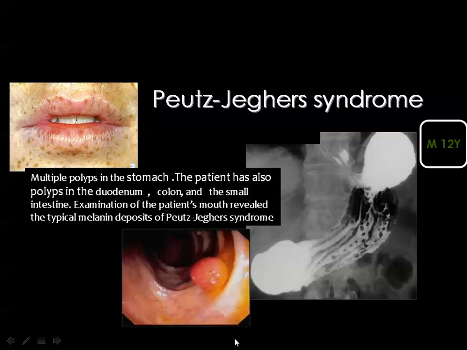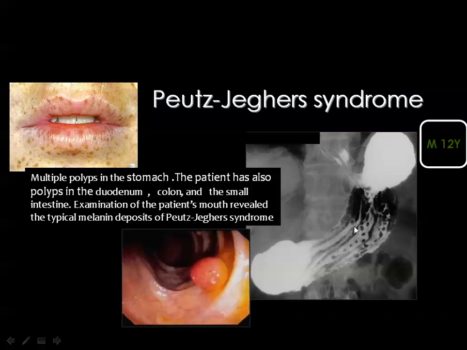One of the common syndromes that will be discussed in detail in the small bowel section is the Peutz-Jeghers syndrome. This syndrome is characterized by the presence of many polyps along the whole gastrointestinal tract, in the stomach, the small bowel, as well as in the colon. These polyps are usually benign, and you see